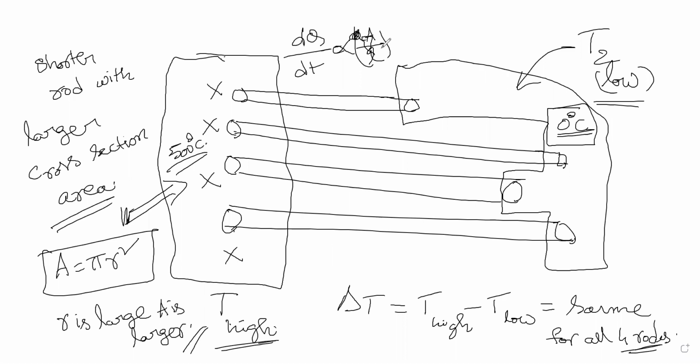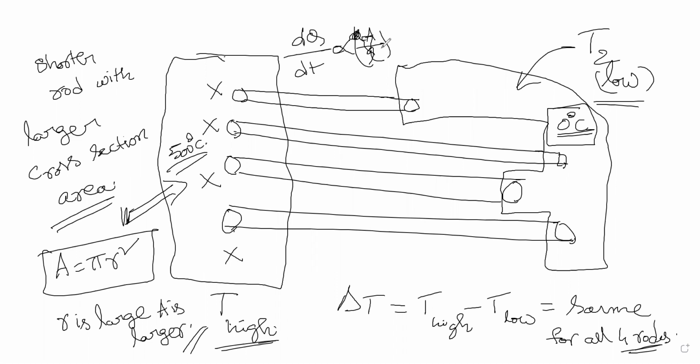So simply we can remember: shorter the length, larger the area. Okay, you have to understand the shortcuts. The proper calculation is that you have to find A by L in each case and take the ratio. Based upon the ratio, you tell which is conducting faster. The higher the ratio factor, the faster it will be conducting.